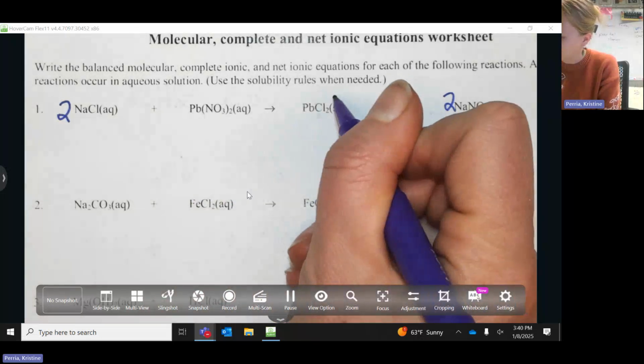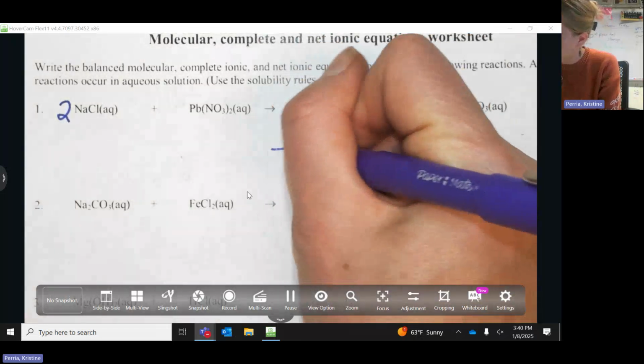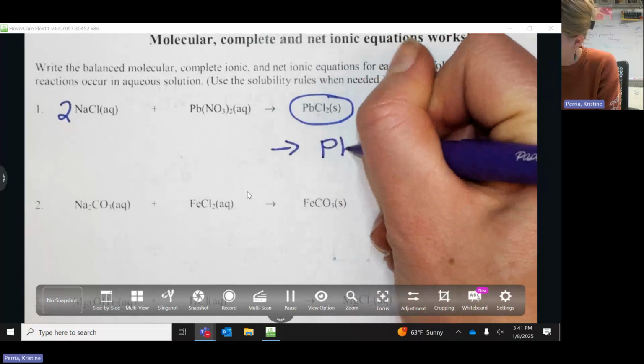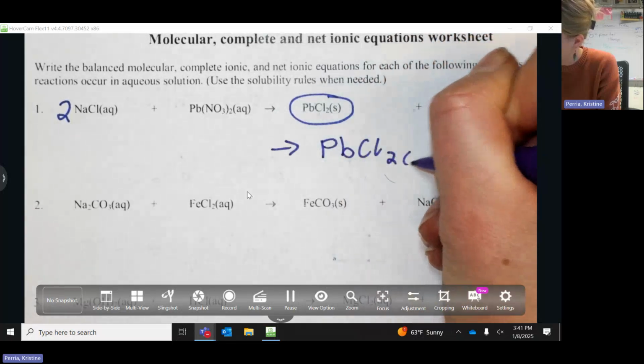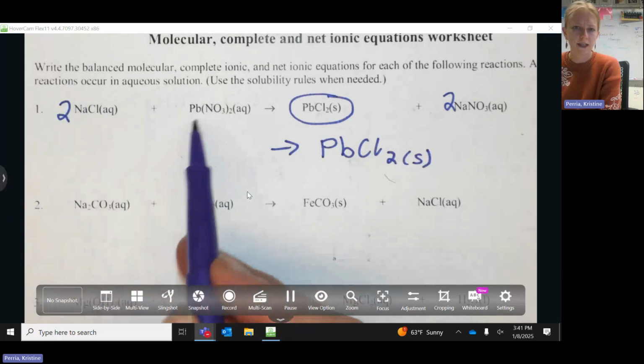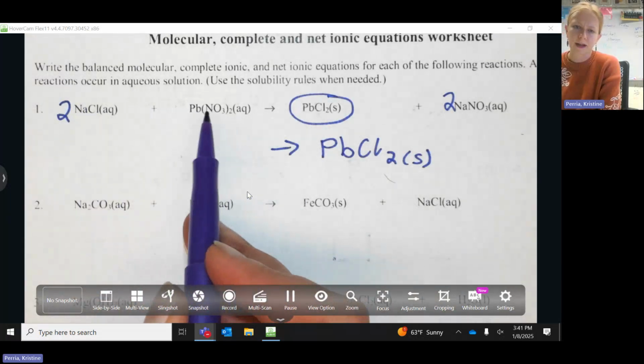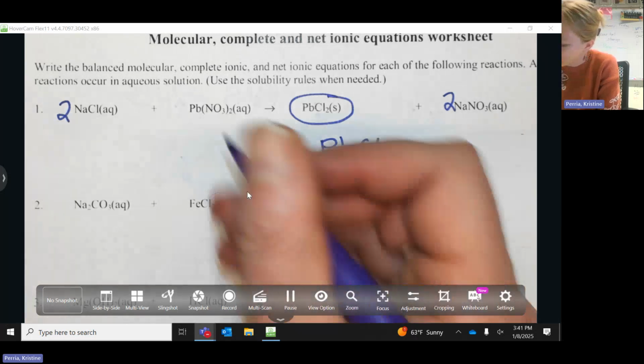And then all I really care about is the solid. When I'm making this net ionic equation, I know my product is always going to be just whatever the solid is. Then all I have to do is find these two ions on this side and add them together. I'm just going to write it in the order that is written here. So I have Pb,